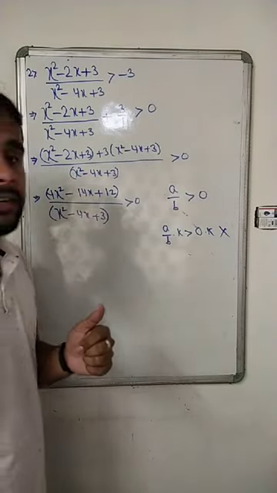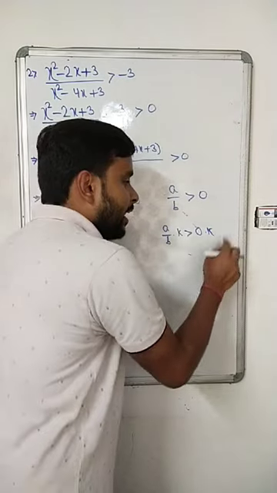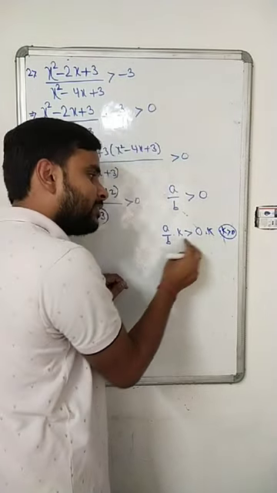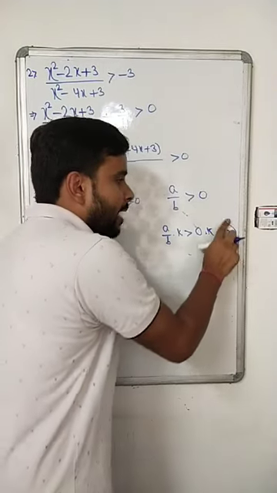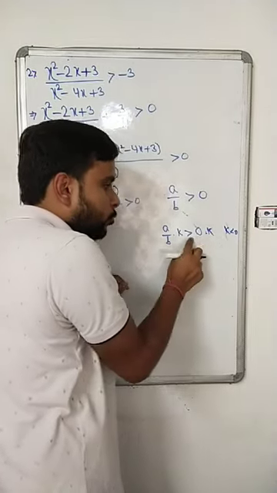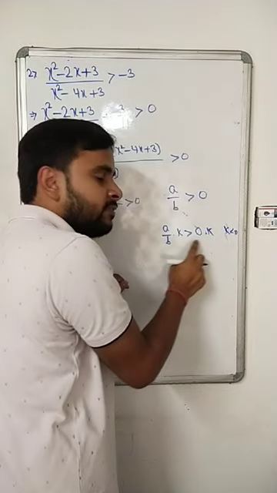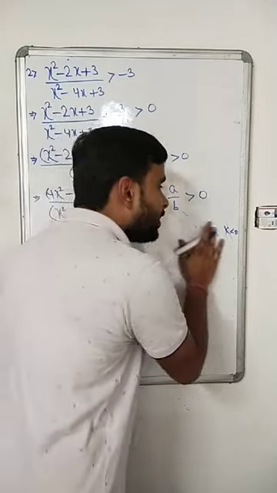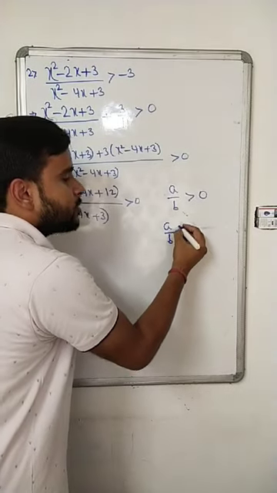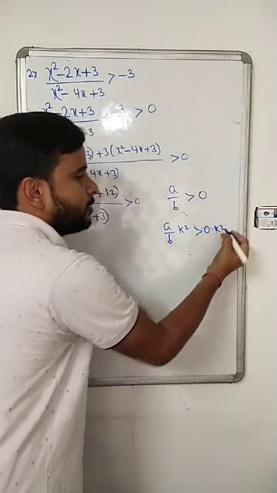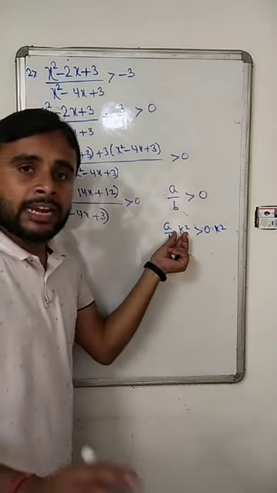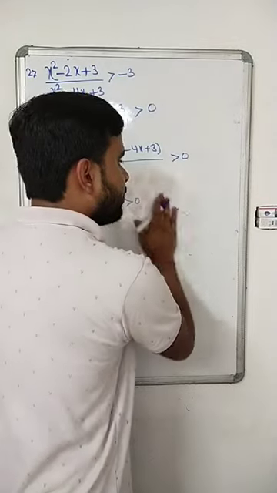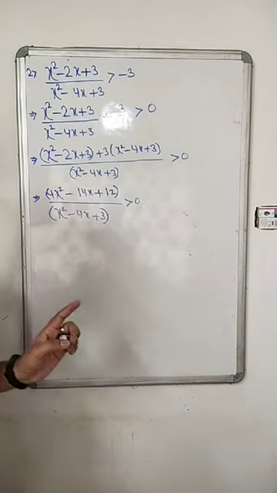So make sure that if k is greater than 0, meaning k is positive, then this holds true. But if k is less than 0, then this will not be true, because if I multiply a negative number on both sides, the sign of the inequality will change. Are you getting my point? So what I'll be doing is multiplying the square of k on both sides. Now it will be true because whether k is negative or positive, its square will always be positive. So I can multiply the square of any expression on both sides. That is not a problem.